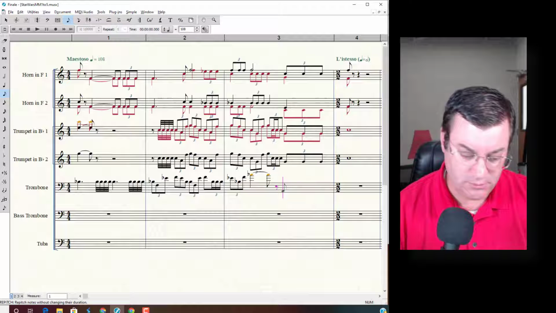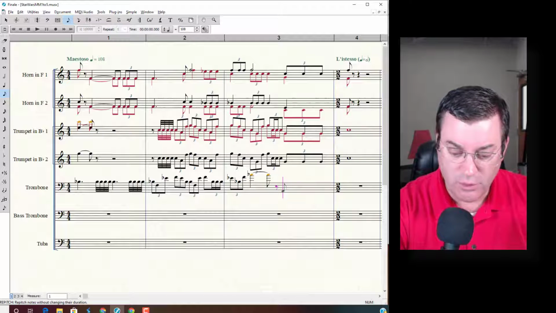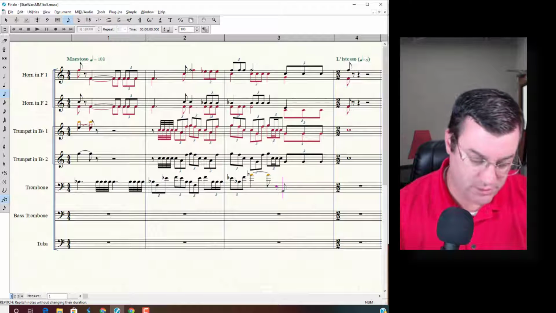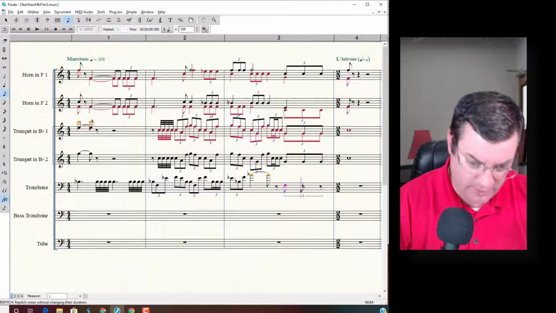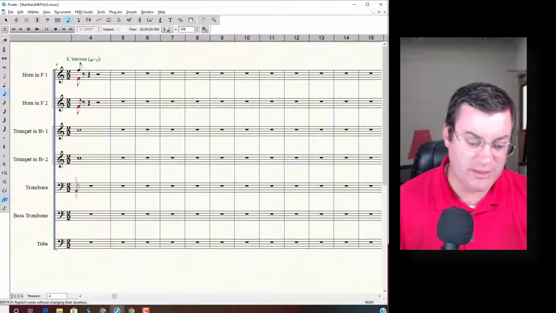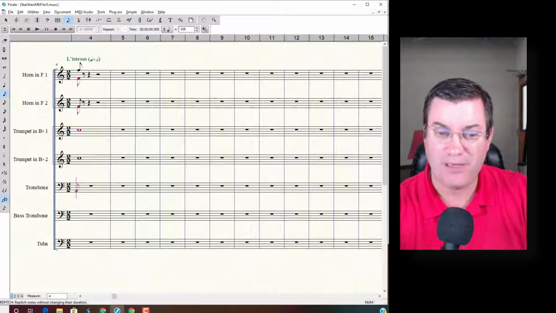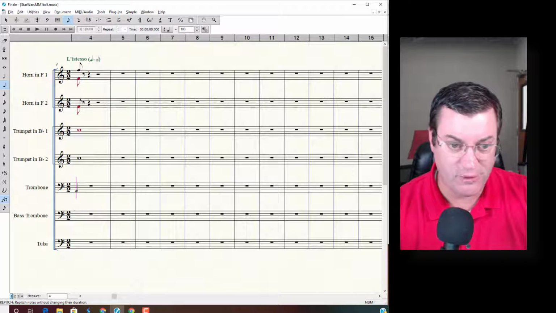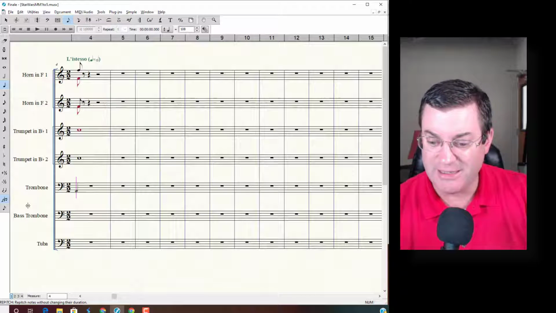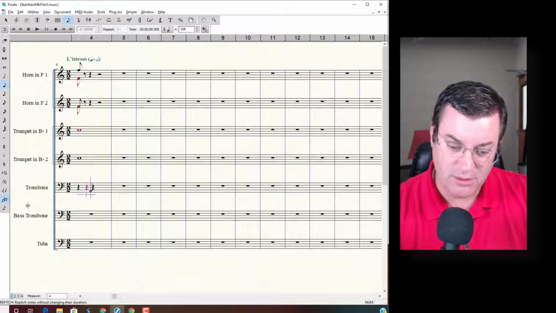8th rest. And then Control 9 for the triplets. F, F, F. Now, interesting in this measure, I have quarter note triplets, but I start off with rests. So I'm going to go ahead and hit the quarter note. I still have my tuplet active. You can see 2 ways. You see that my cursor is loaded with triplets and the triplet is open, but I need to enter 2 rests. So 0, 0, then the 8th notes on